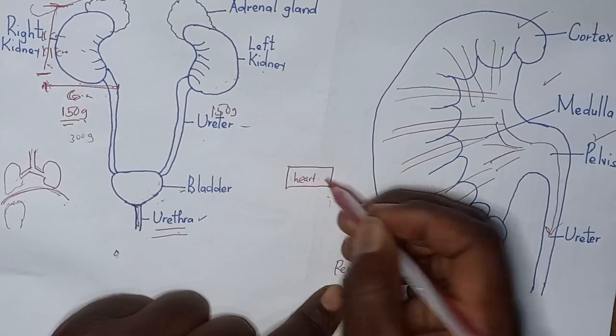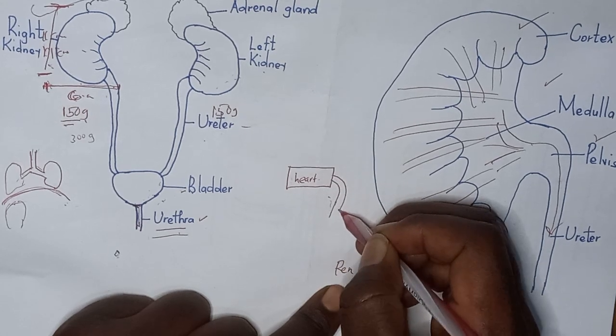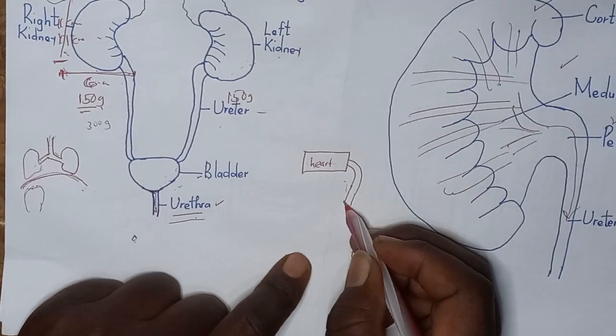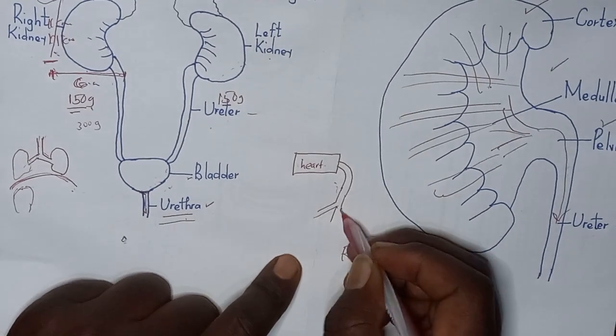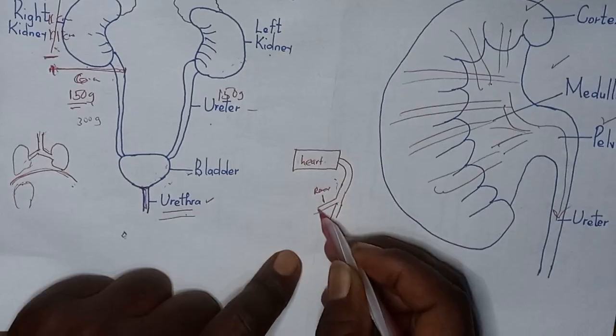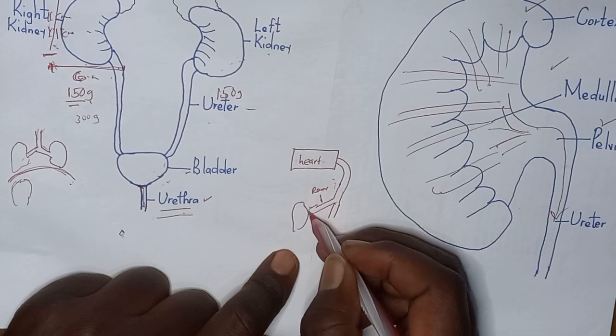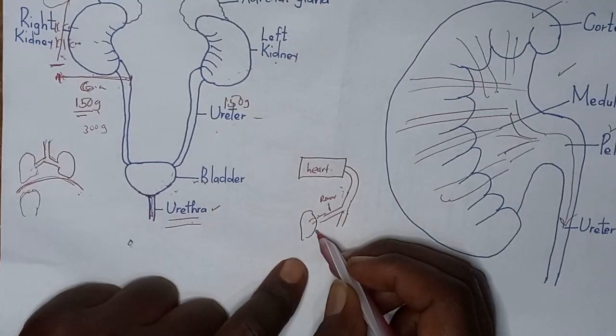Blood from the heart passes through the artery as it goes to the renal artery, to the kidney. Then in the kidney, it gets in and it is divided into